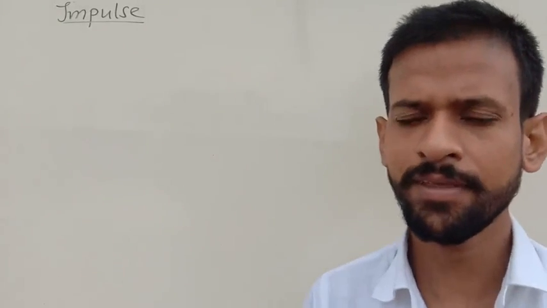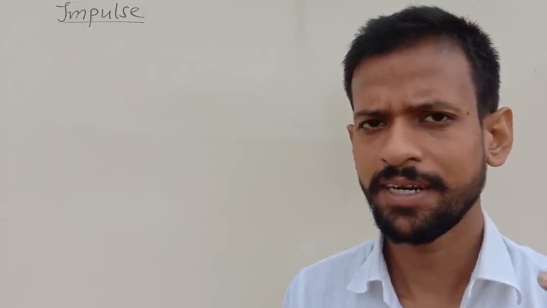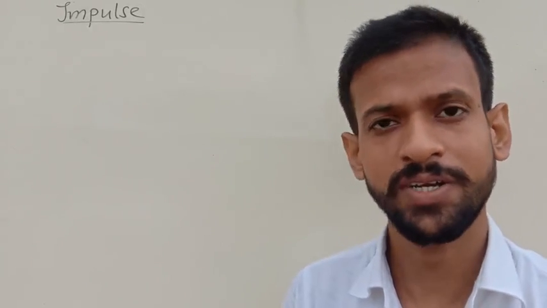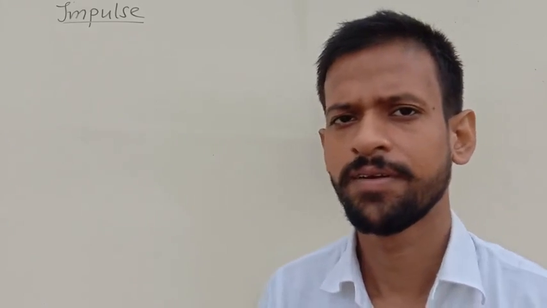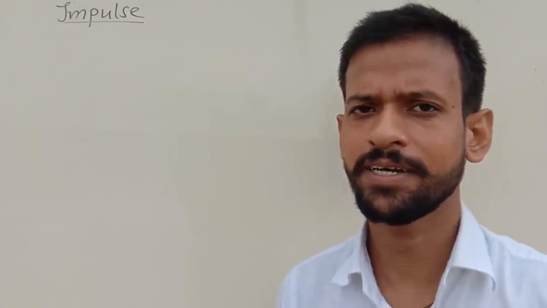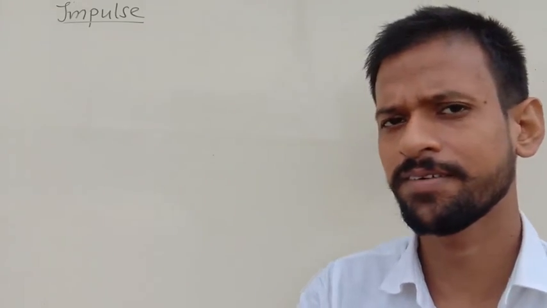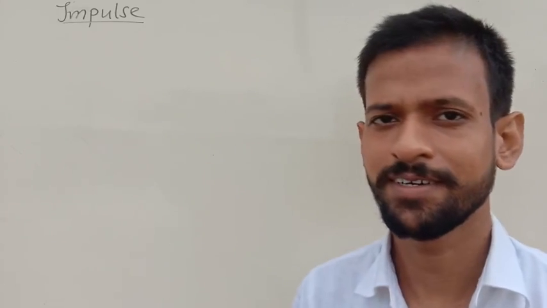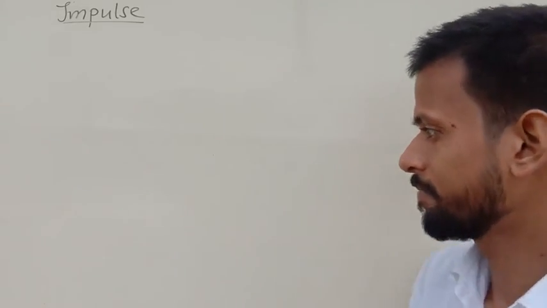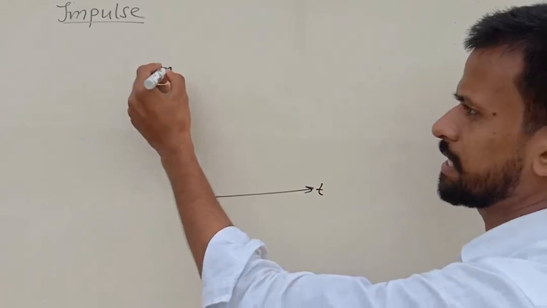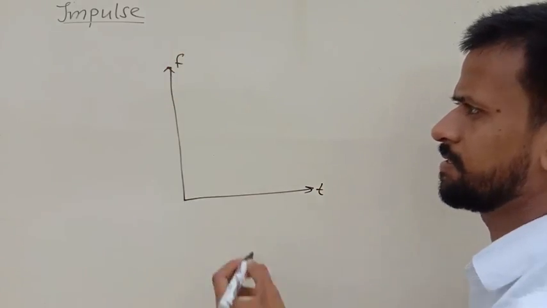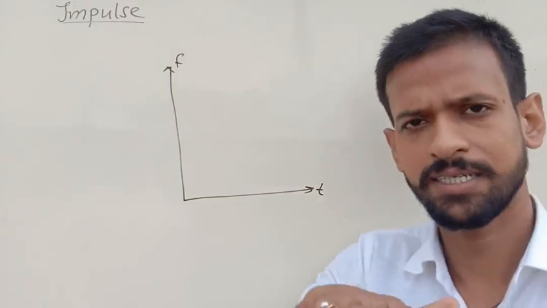Okay. Now one more quantity that they have to study, that is impulse. Whenever a large force acts on a body for a short duration, that effect is known as the impulse. For example, if you are walking on a road and the wheel of a vehicle passes over your feet, then what will happen? If we draw the graph of force versus time for that event, so this is your feet here,